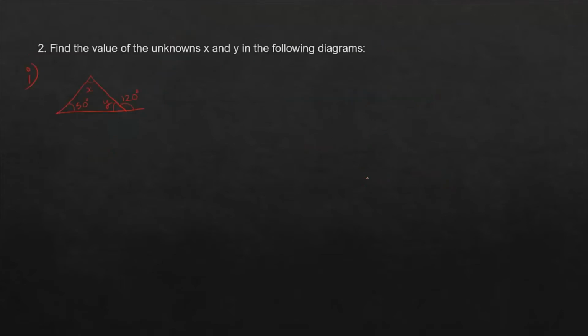Question number 2. Find the value of the unknowns x and y in the following diagrams. We have to find the value of x and y. So here it's the combination of two properties, that is angle sum property and exterior angle property of a triangle. Here firstly we are going to use exterior angle property of a triangle. Here it's 120 degrees and we know that it makes a linear pair over here. Okay, so angle y plus 120 degrees is equals to 180 degrees because of linear pair,